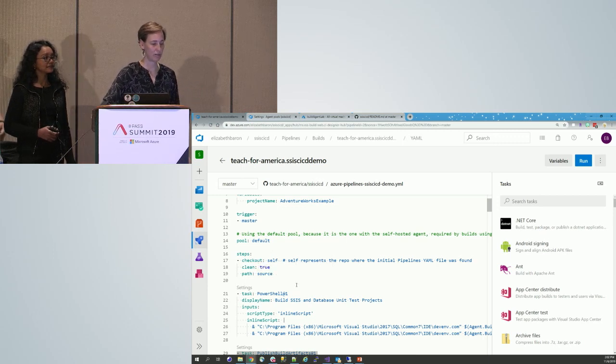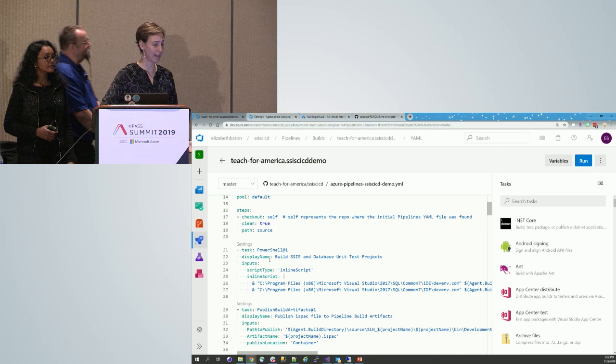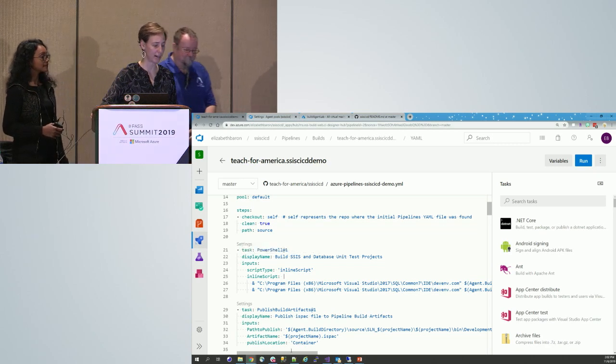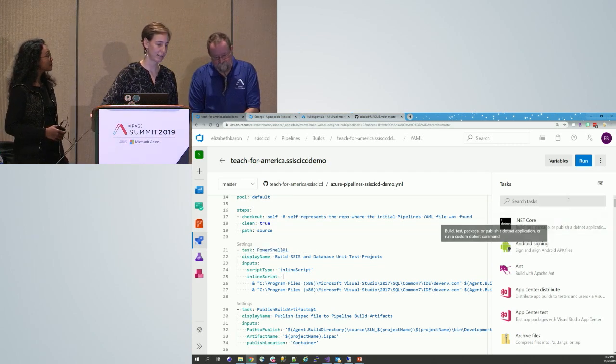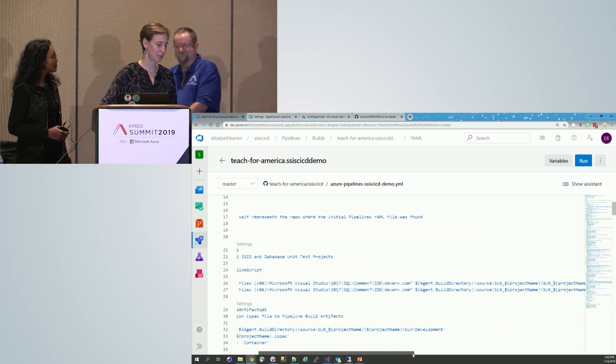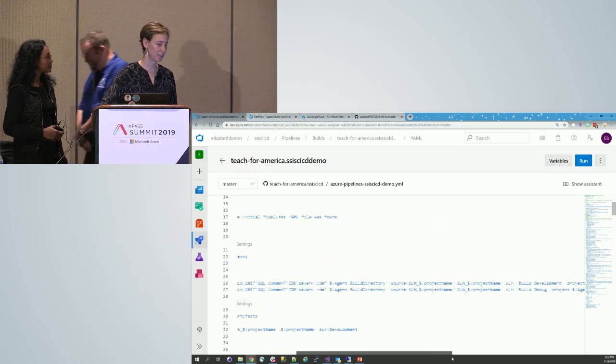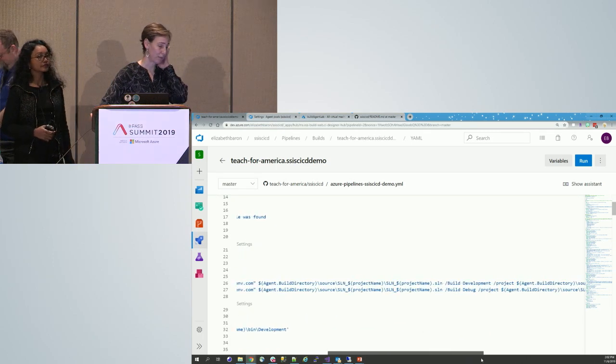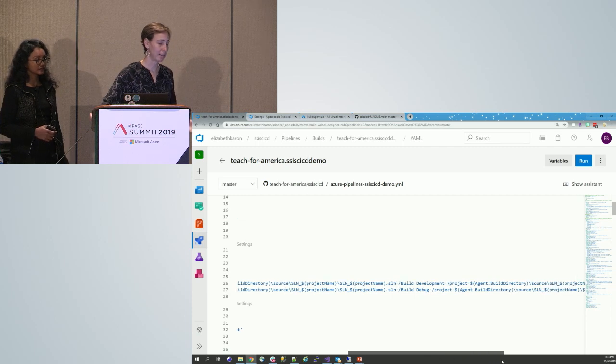We go ahead, and this is where the steps start. We're checking out our code. We have a PowerShell task to actually build the code, and you'll see here, if I scroll over, I'm using devenv.com, and I'm building a solution. I send it my solution.sln file. I have 2 different builds for no particular reason, and then the project name.